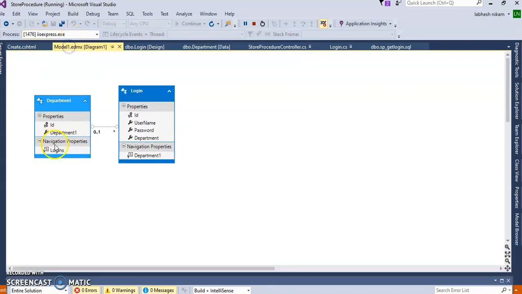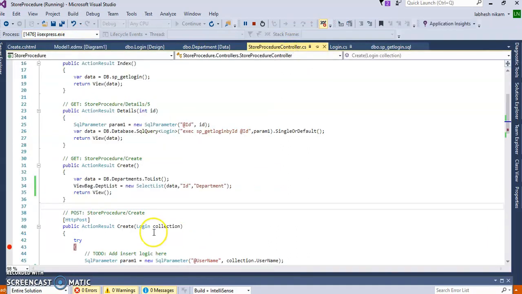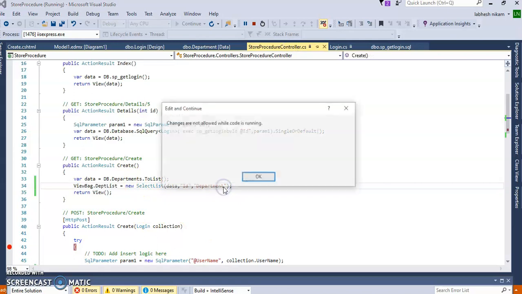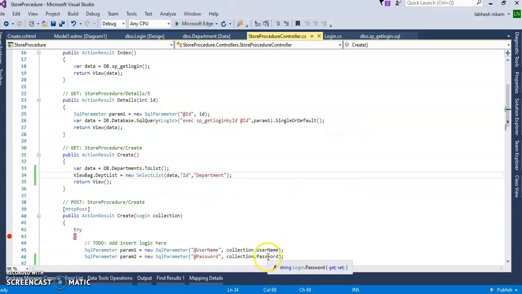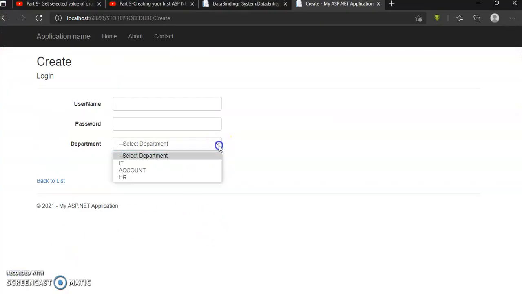When I created this data entity model there is Department1, so I will change the name here to Department1. So I can get the value from the department table's Department1, and it's okay now. Save this and run it. The drop down is there with its value property, and all the data is coming.